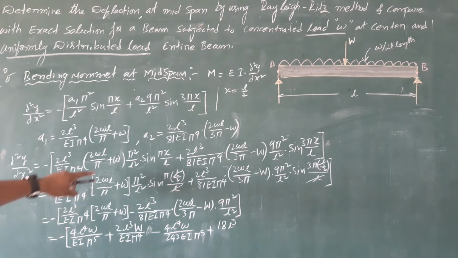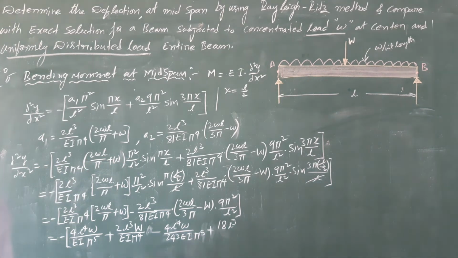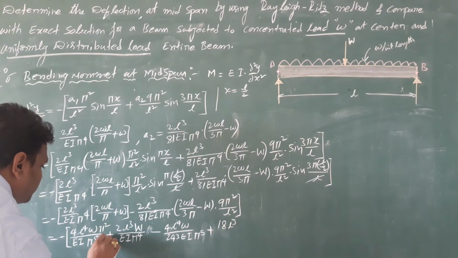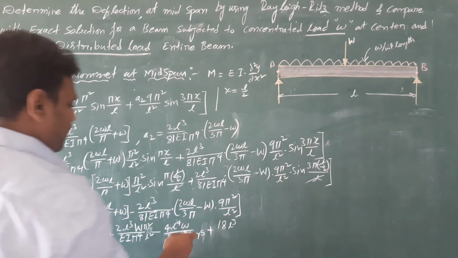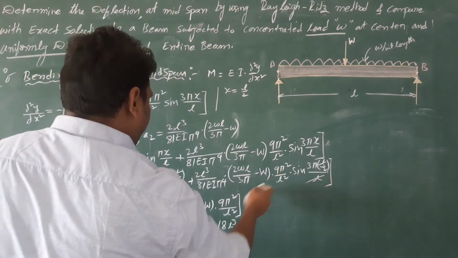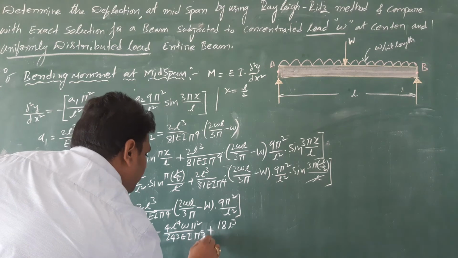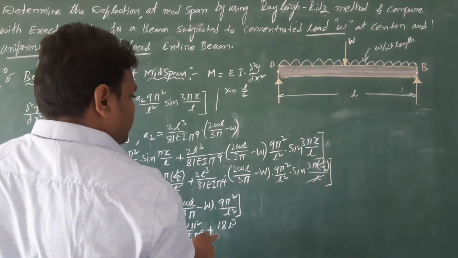Here also pi square is there. Okay, we forget that. Here write it pi square by L square. Here also pi square by L square. Here also pi square by L square, and 18